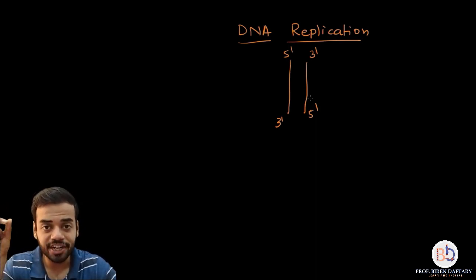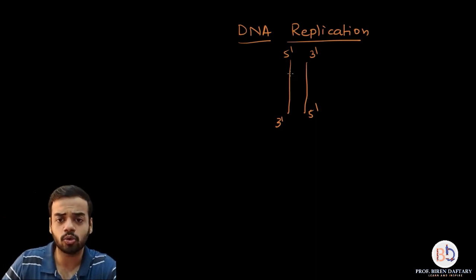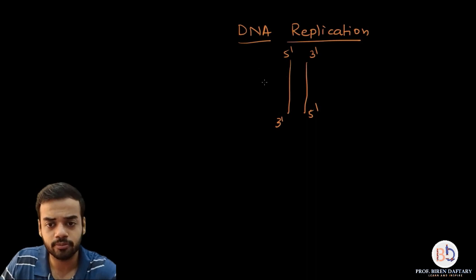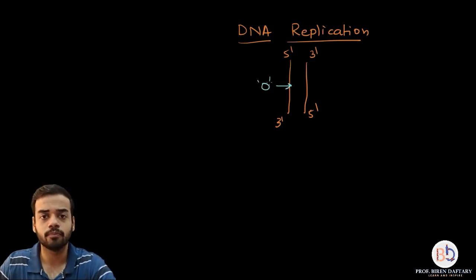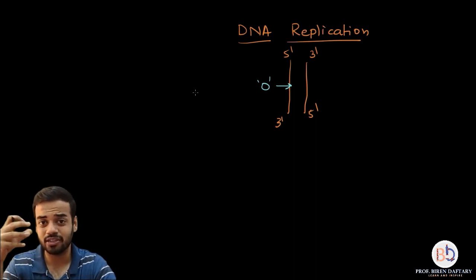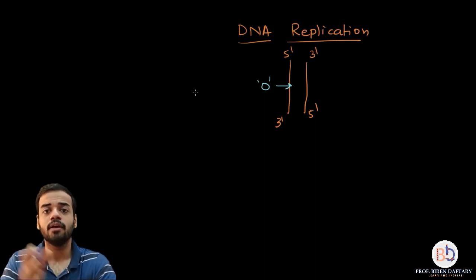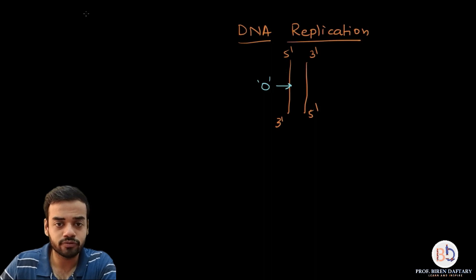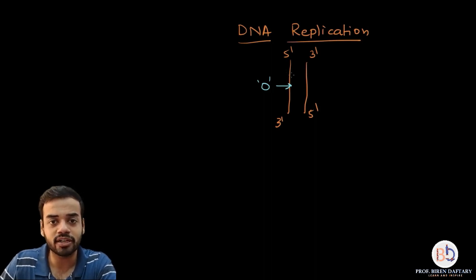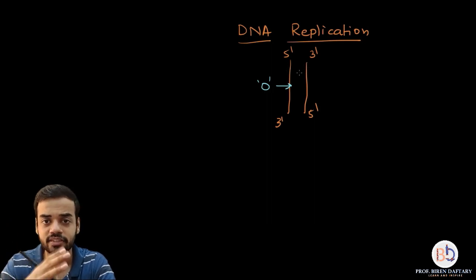So the point where replication begins is called the point O. Okay, so over here I am going to just mark this point as O point. So O is also called origin, because that is where it is going to start replicating. Okay, and the first step that is going to happen is, so I think most of you know that the bonds between these two strands are hydrogen bonds, correct. A double bond between A and T, a triple bond between G and C.